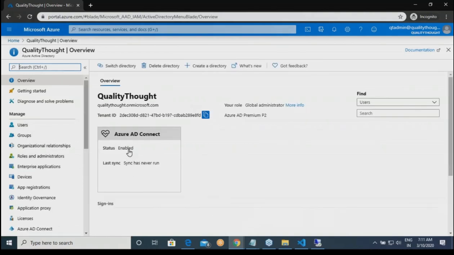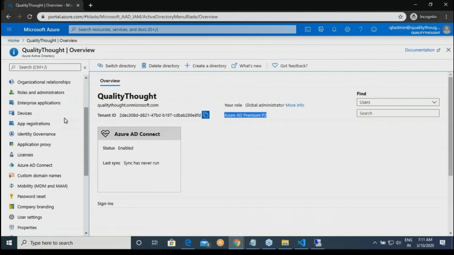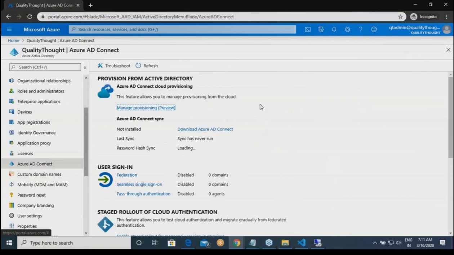It says the status is enabled. If you remember, till now it was telling that it is free, and now I have opened the trial account. So that's where the AD is not free. It is Premium P2. If it is Premium P2, I'll get loads of additional stuff. If I go to Azure AD Connect, it is trying to tell that this is what it is.